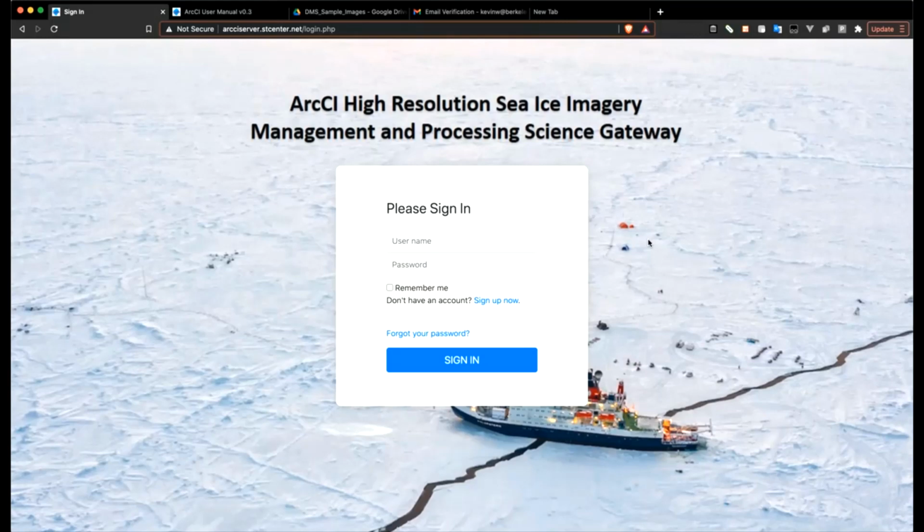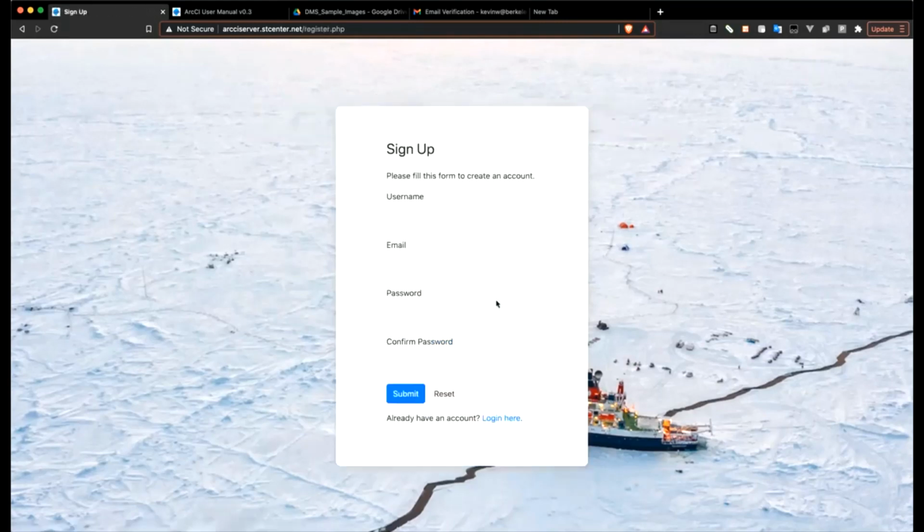Your first step is to visit the ArcCI server website, the link for which will be provided to you during the ArcCI workshop. After you visit the website, please click on the blue Sign Up Now button and then enter your preferred username, your .edu email address, as well as your password twice, and then click on the blue Submit